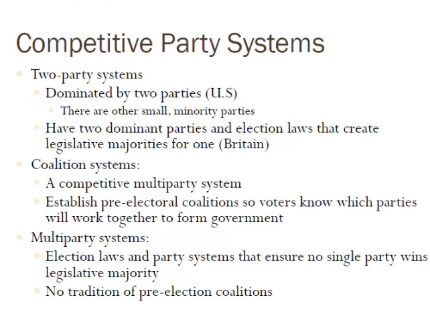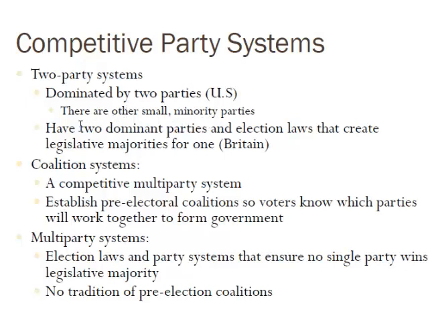Now, what we have in the United States system, okay, this slide is really just about competitive party systems. In other words, what kind of party systems do different governments have? Now, this varies dramatically from country to country. For example, you have two-party systems, which is what we have in the United States, which are dominated by two parties. In our country, that happens to be the Democrats and the Republicans. They have the power and authority to make the government policy when they're in the majority. When the Democrats win, they control. When the Republicans win, they control. But again, both parties certainly have a lot of influence.